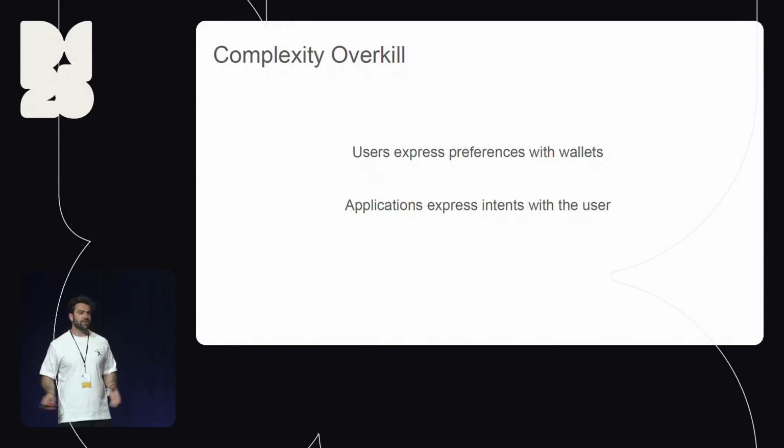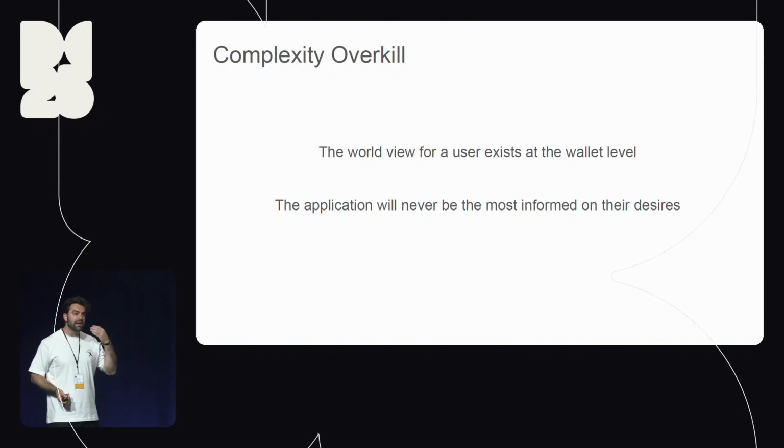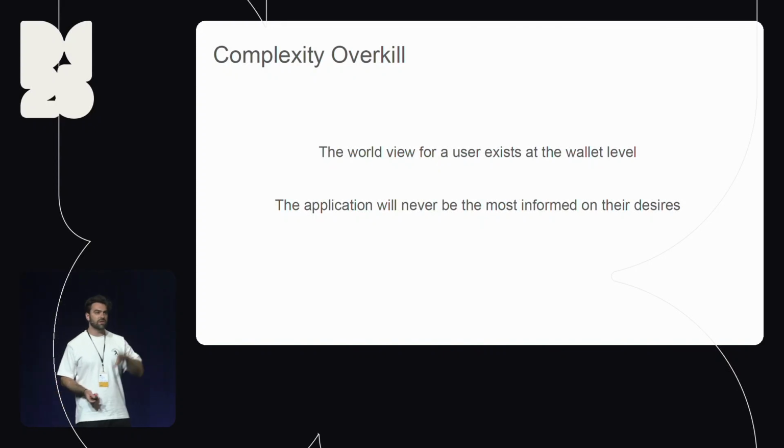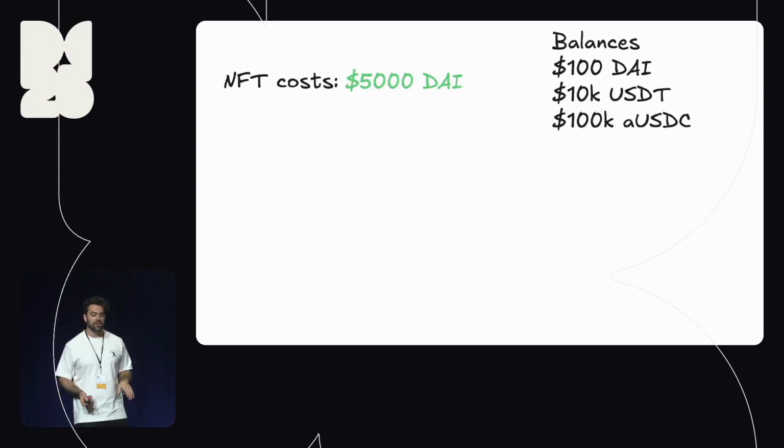This shouldn't be a question of the app developer. This should be a question that is just naturally imposed on the user at the earliest point in the journey, which, as I said before, is the best worldview that exists at the wallet level. They know the user best. The application doesn't, and the application shouldn't know you that well. They should just know that you can execute on something.